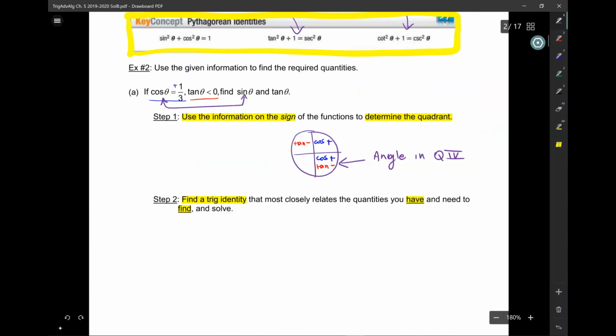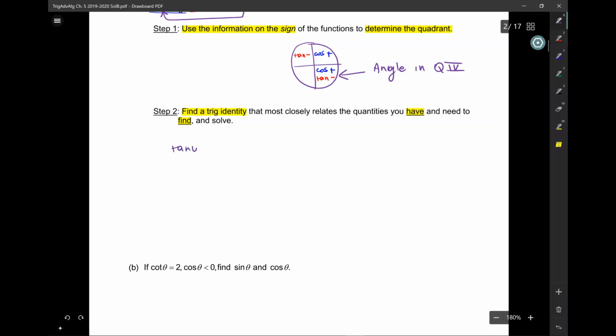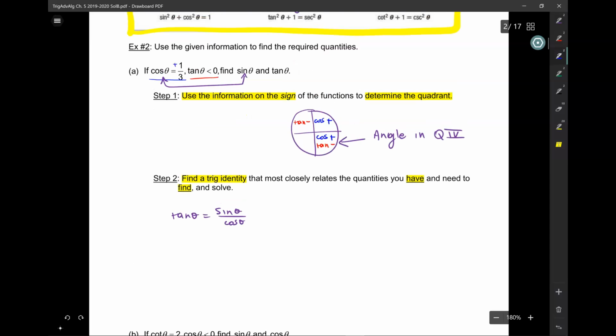You are looking for tangent, but if I were to use tangent equals sine over cosine, which piece of information do I have? I have cosine, I don't have sine, and I don't have tangent. If I have two unknowns in one equation, I can't solve for it. If I have an equation and it has two unknowns, I can't possibly find either one. If I have an equation, there has to be at most one thing that I don't have. So look at this one. The one to use here